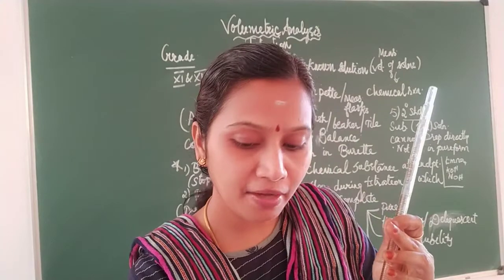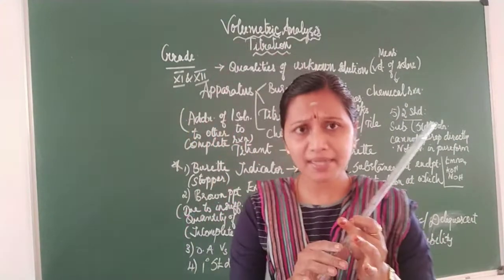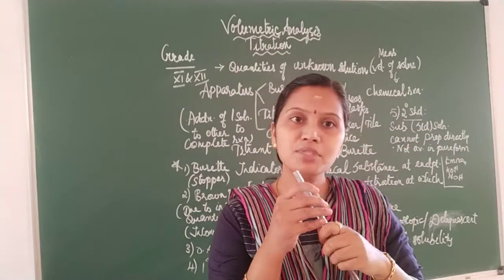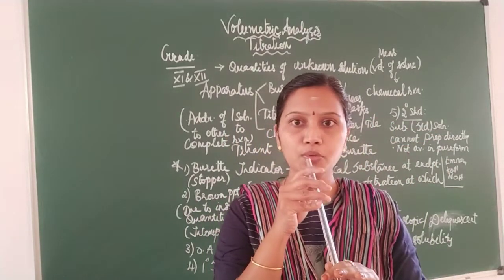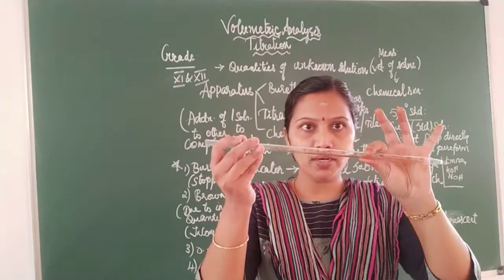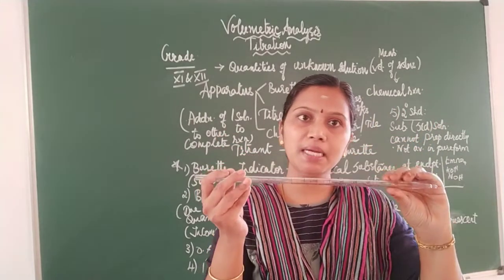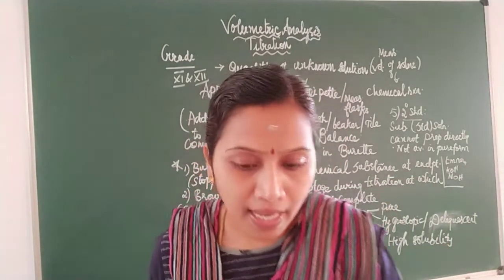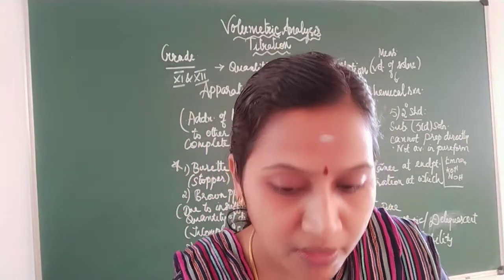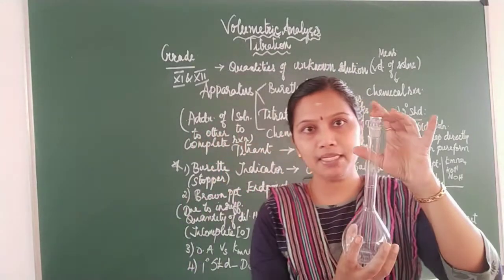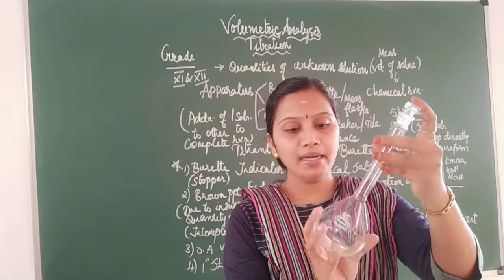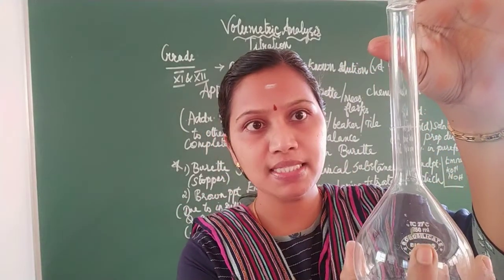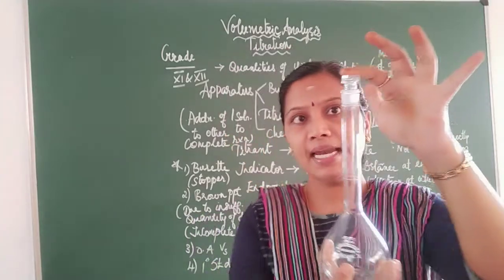But what we have for doing practicals today in chemistry practical, we have only manual pipettes where I am supposed to draw the liquid. This is called a pipette, which comes in different graduations, 10 ml, 1 ml, 5 ml and so on. Done. And the third equipment which I want to show you is called a standard flask. This is a 250 ml standard flask. Hope you can see the measurement. It is a 250 ml standard flask.